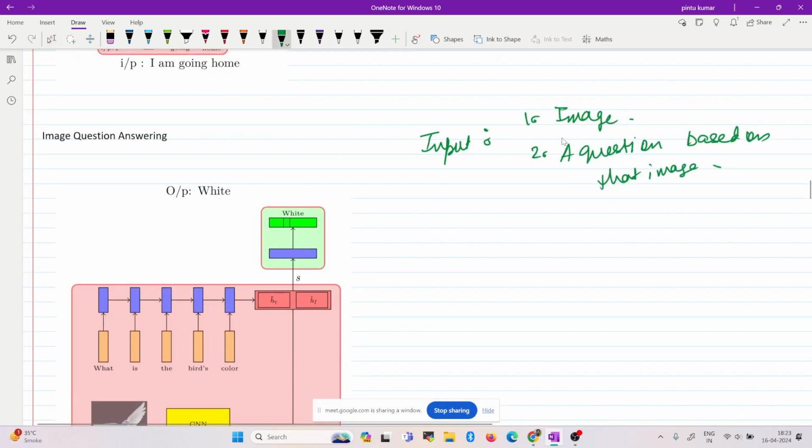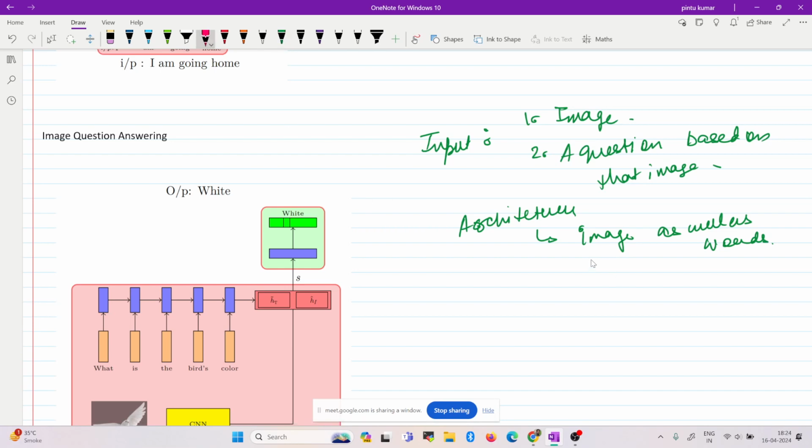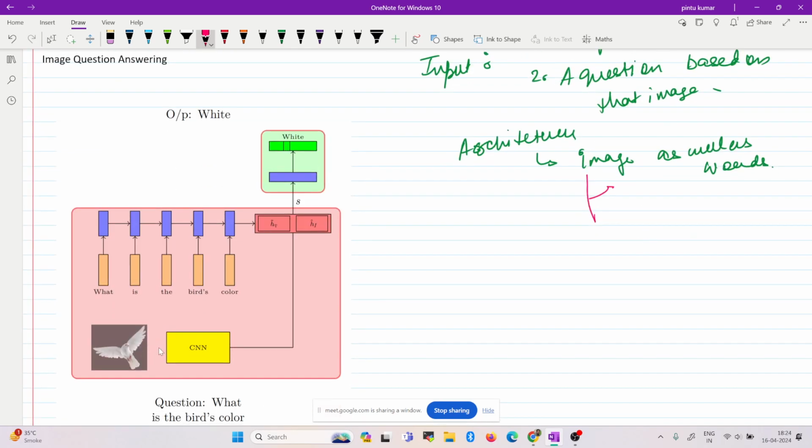So you don't have an architecture right now, at least in this course, that can handle image as well as words. You haven't learned an architecture that can handle image as well as words. People have proposed all sorts of things. In literature, you can find a model that can work for both. But at least what we have done in this course, we don't have a model that can tackle both of these things. Okay, so what we will do is, we will pass the image via CNN,